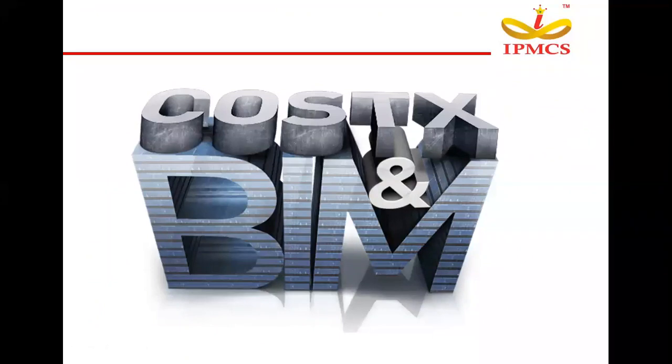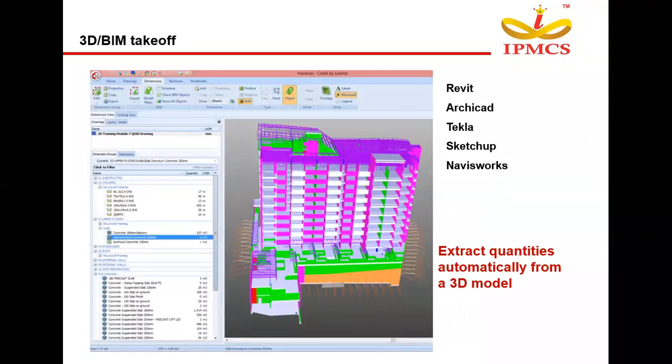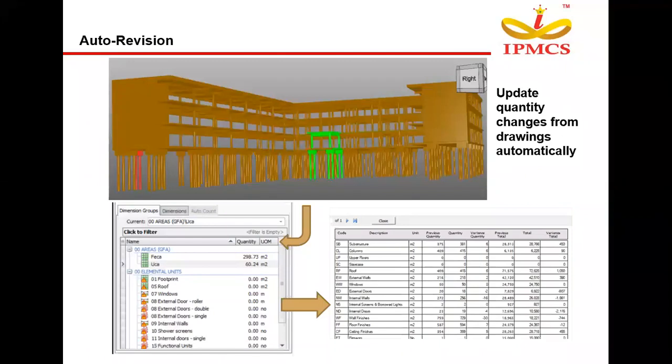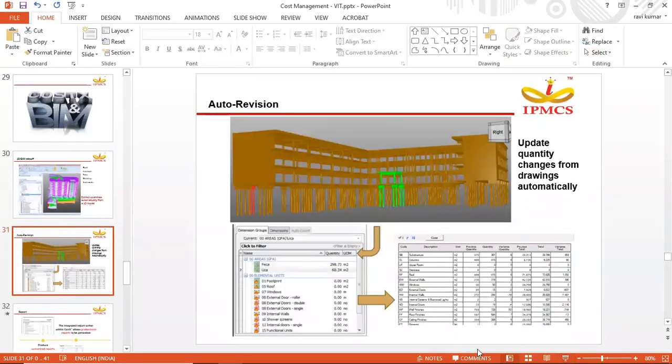Whenever we are using a BIM model inside Costex, Costex supports models from Revit, ArchiCAD, Tekla, SketchUp, and Navisworks. We can automatically extract the quantities from the model inside Costex, and whatever quantities are not available inside the model, we can also create our customized BIM quantities in Costex. And again, whenever a design or model change is happening, the same way we did for 2D drawing, we can compare two different models, and we can update our estimates easily with the BIM model. So now let us see how this is happening inside Costex.